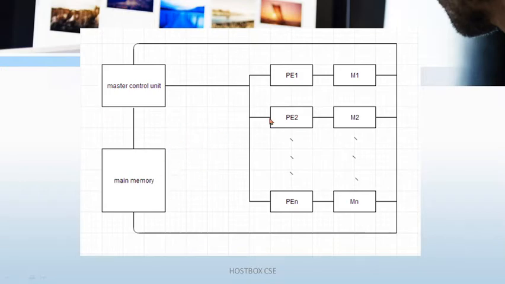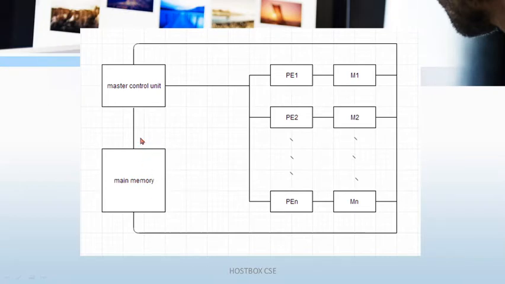The main memory gives the work to memory 1, memory 2, and so on. It shares the workload. So what happens? Whenever instruction 1 is executing, parallelly instruction 2 will be executed, and parallelly the last instruction will be executed. At last the user can move to the main memory. At last we can view the output on the screen.